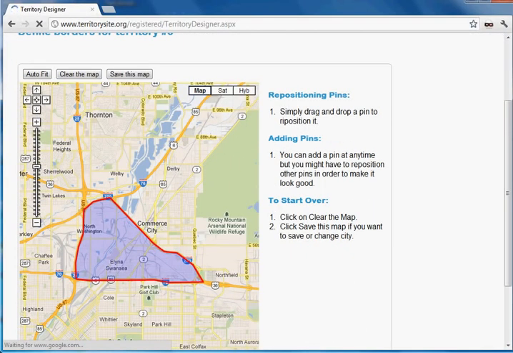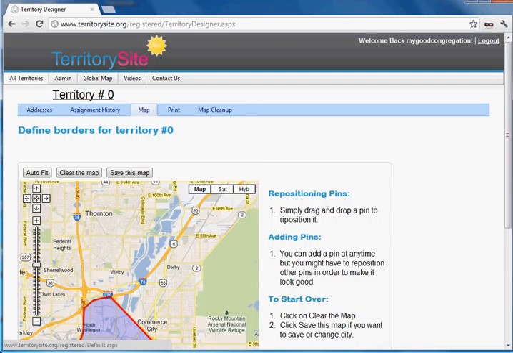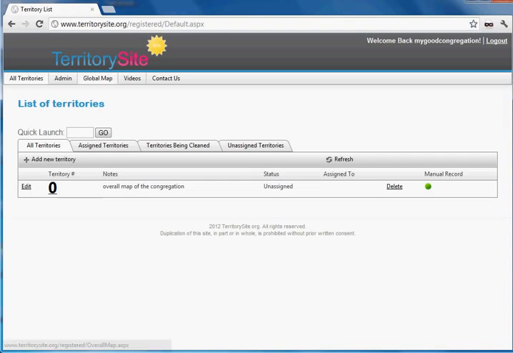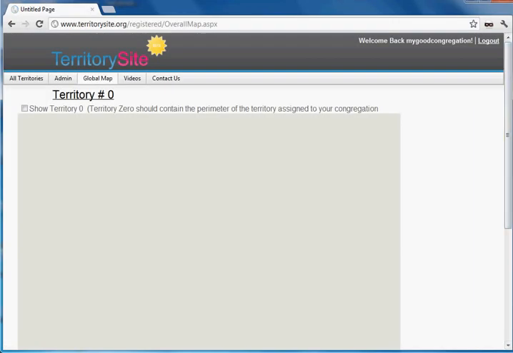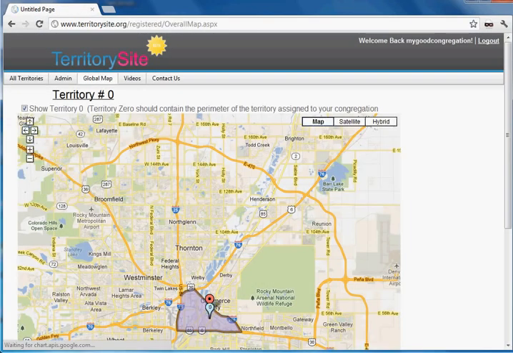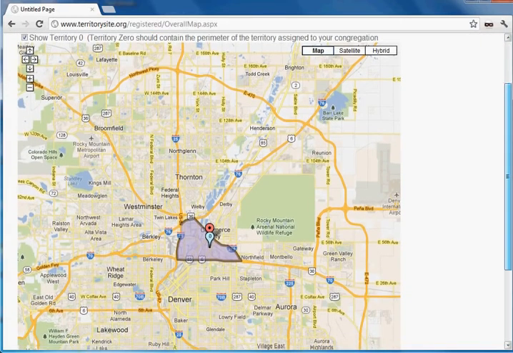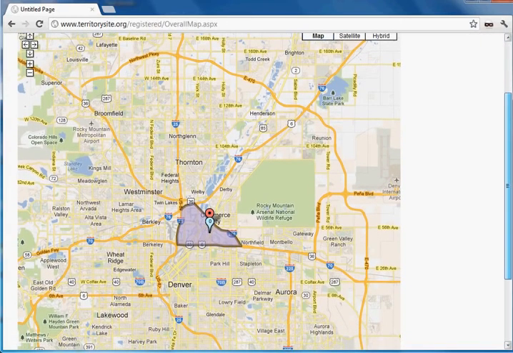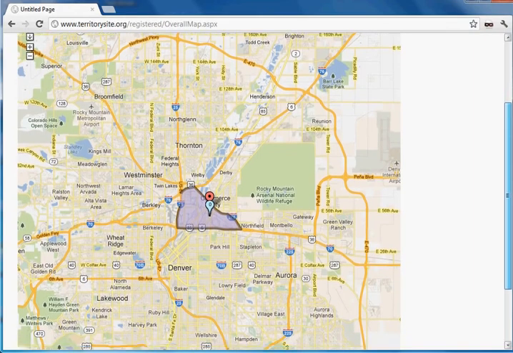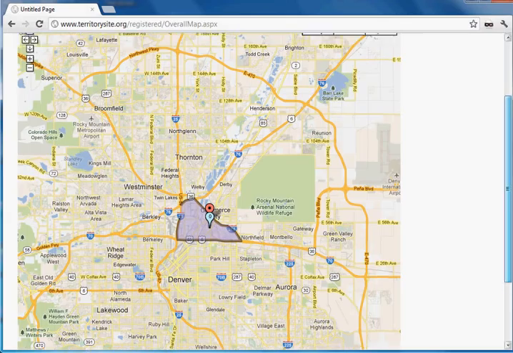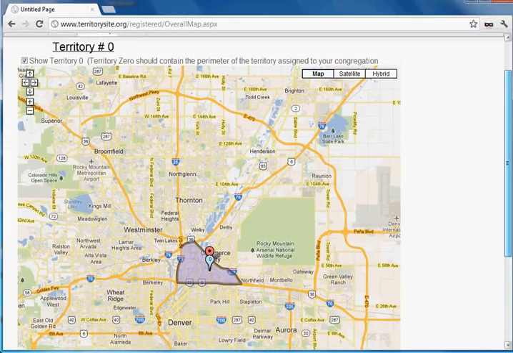Now Territory 0 has this particular feature where if you go on all territories and click global map, you will see that Territory 0 is displayed after you click this checkbox. See it there? So by showing Territory 0 here, we're showing again simply where our congregation as a whole is preaching. Territory 0 needs to be sliced up in multiple territories because there's probably a number of territories that are